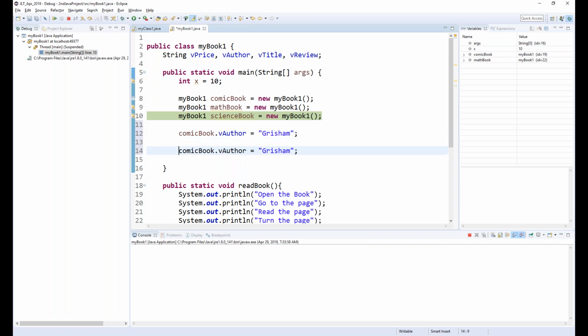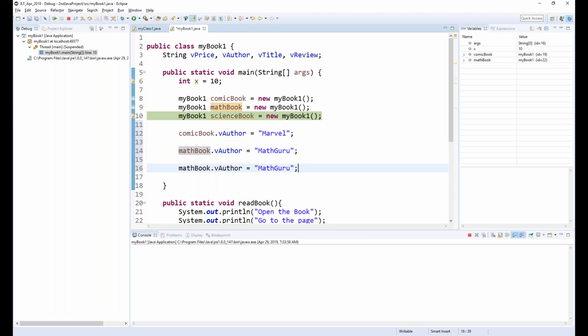And then for the same comic book, Marvel as the producer. Now for a math book, any specific one? I don't know. Math Guru, let's say. And similarly, for a science book,